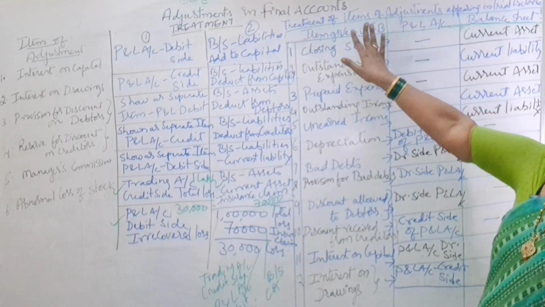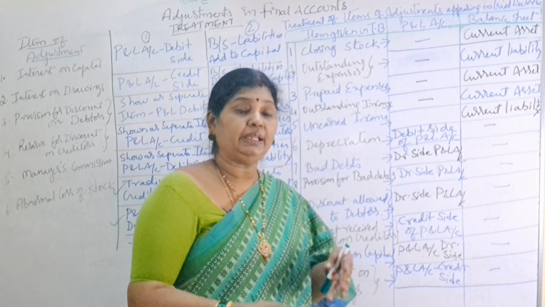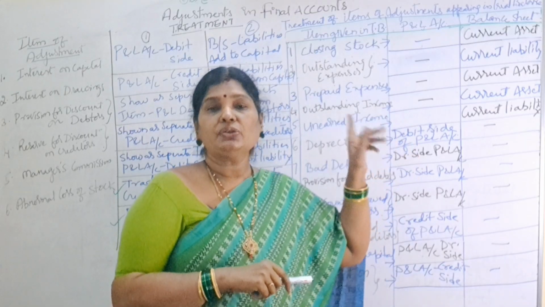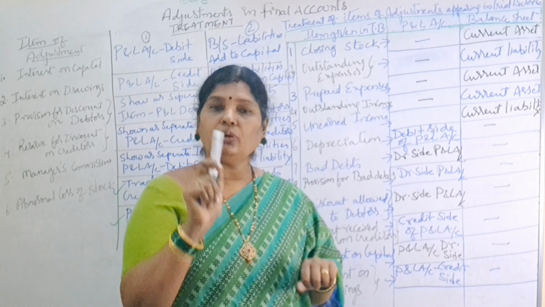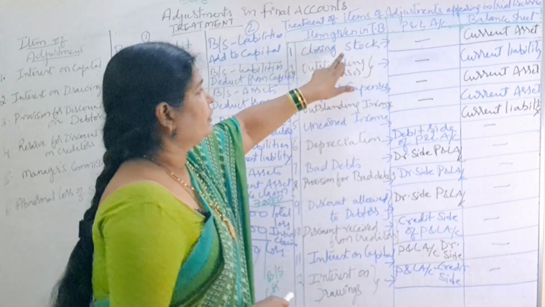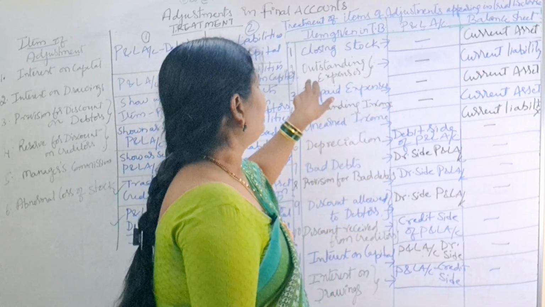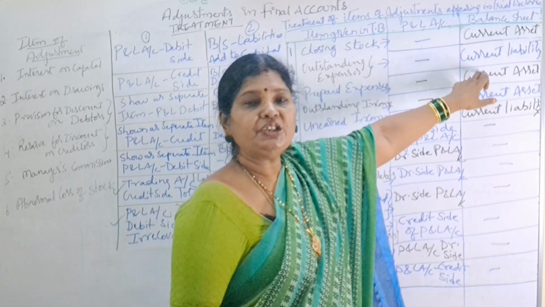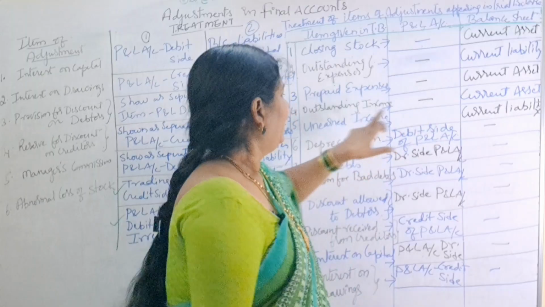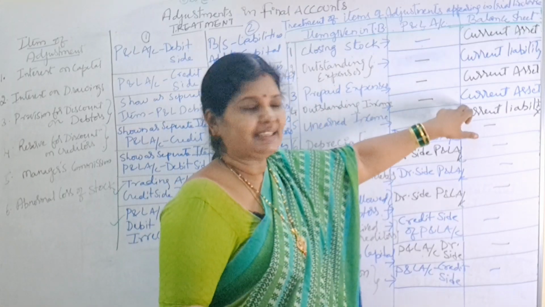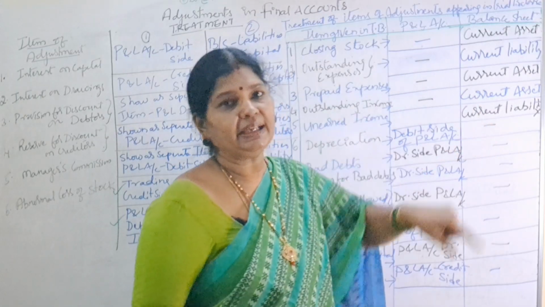Next, come to these. These are the adjustments which are given in the trial balance, not given below the trial balance, which are given only in the trial balance, right? So if adjustments are given like this, then what do we have to do? We can't show in 2 places. We have to show only in 1 place. See here, closing stock. If closing stock is given, go to balance sheet and show it as a current asset. Next, if outstanding expenses are given, go to balance sheet and show it as a current liability. Next, prepaid expenses, show as current asset. And outstanding income, show as current asset. Next, if income received in advance is given, then go to balance sheet and show it as current liability, right?